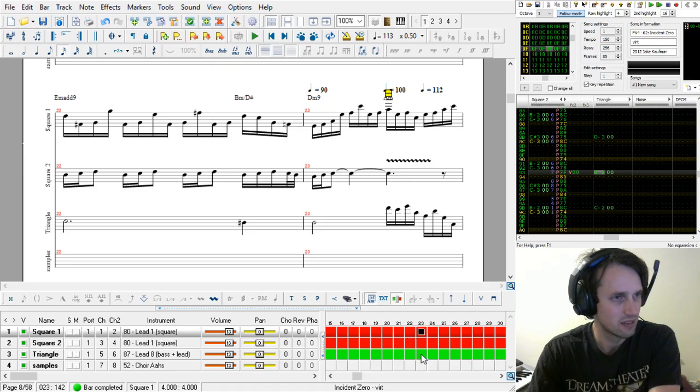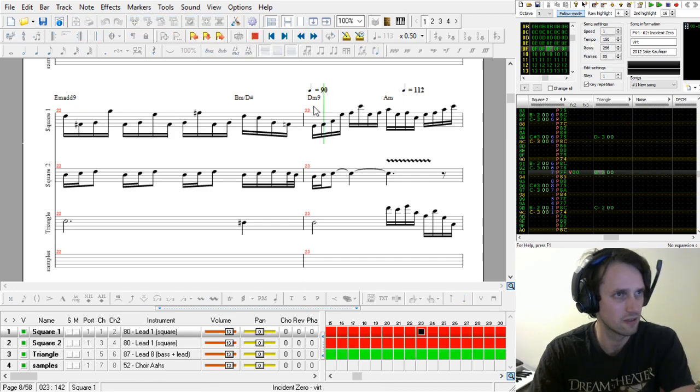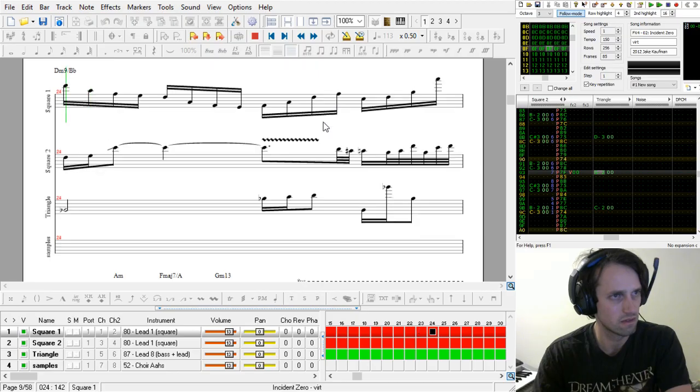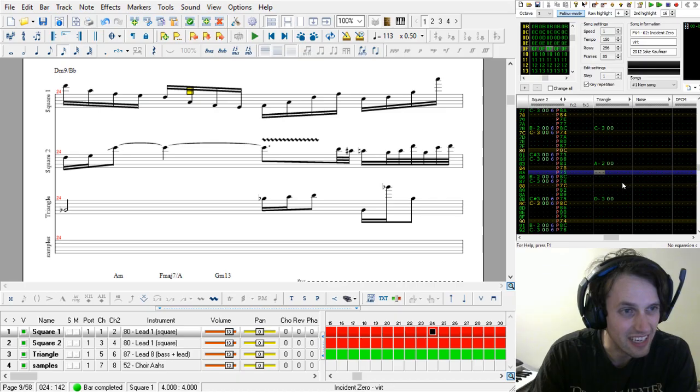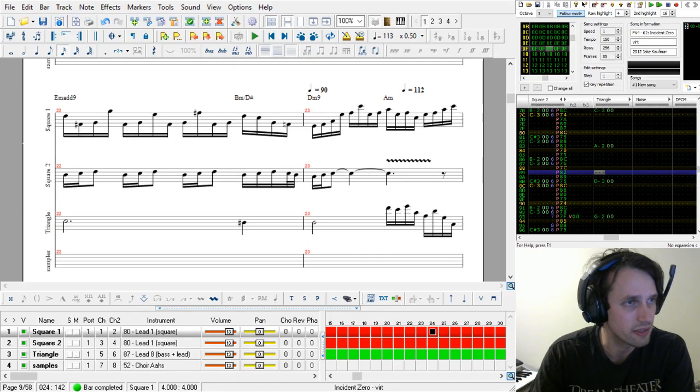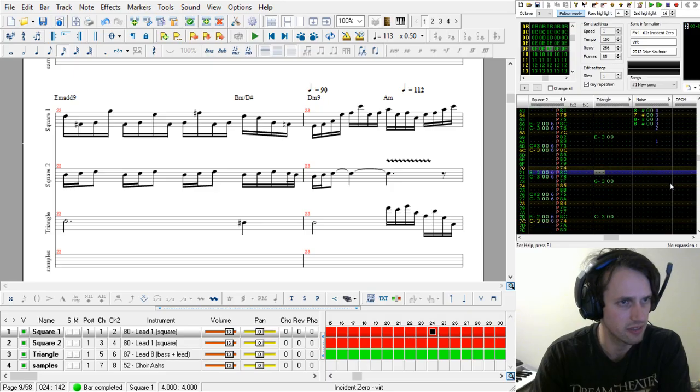If I get rid of that. Oh wait, it's on this note. Get rid of this and then put it on exactly this note. We're going back to 112. There we go. It's kind of hard to tell at a glance, but I think once you get exactly on this G, this G3, E3, 1 through 10.